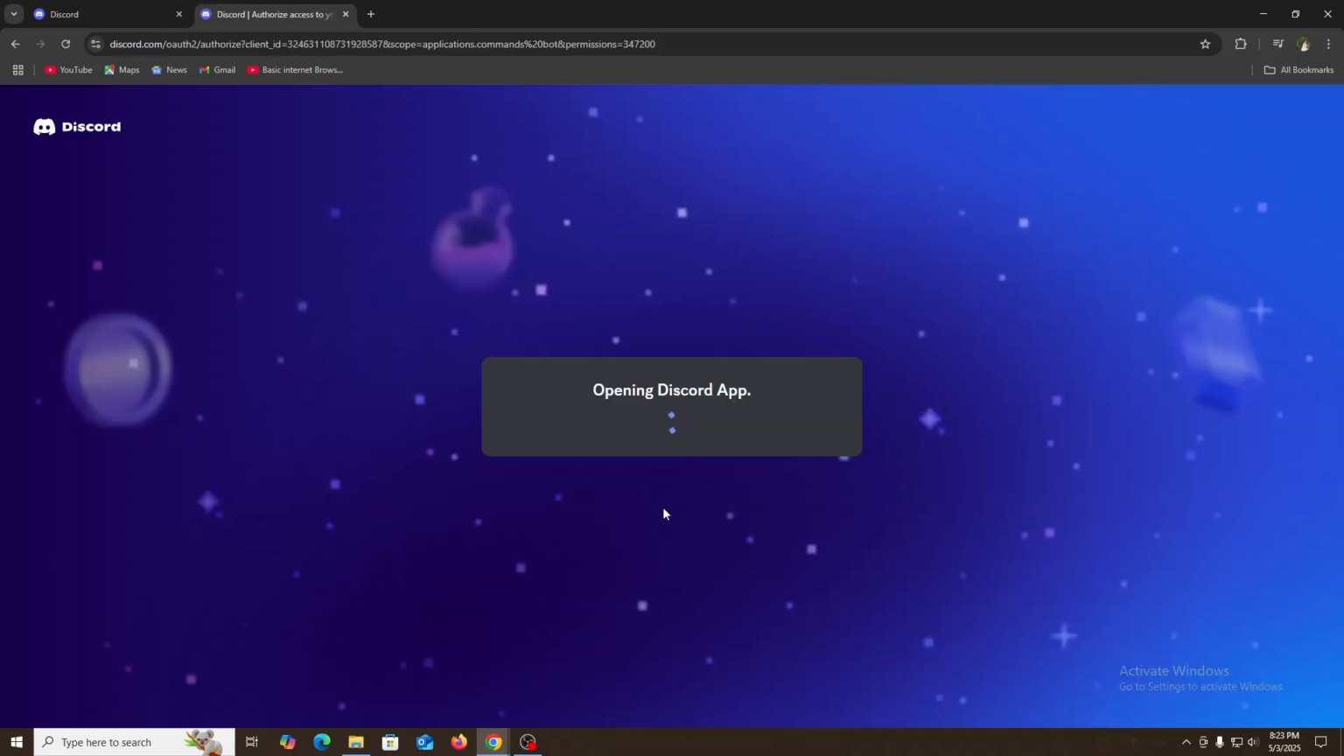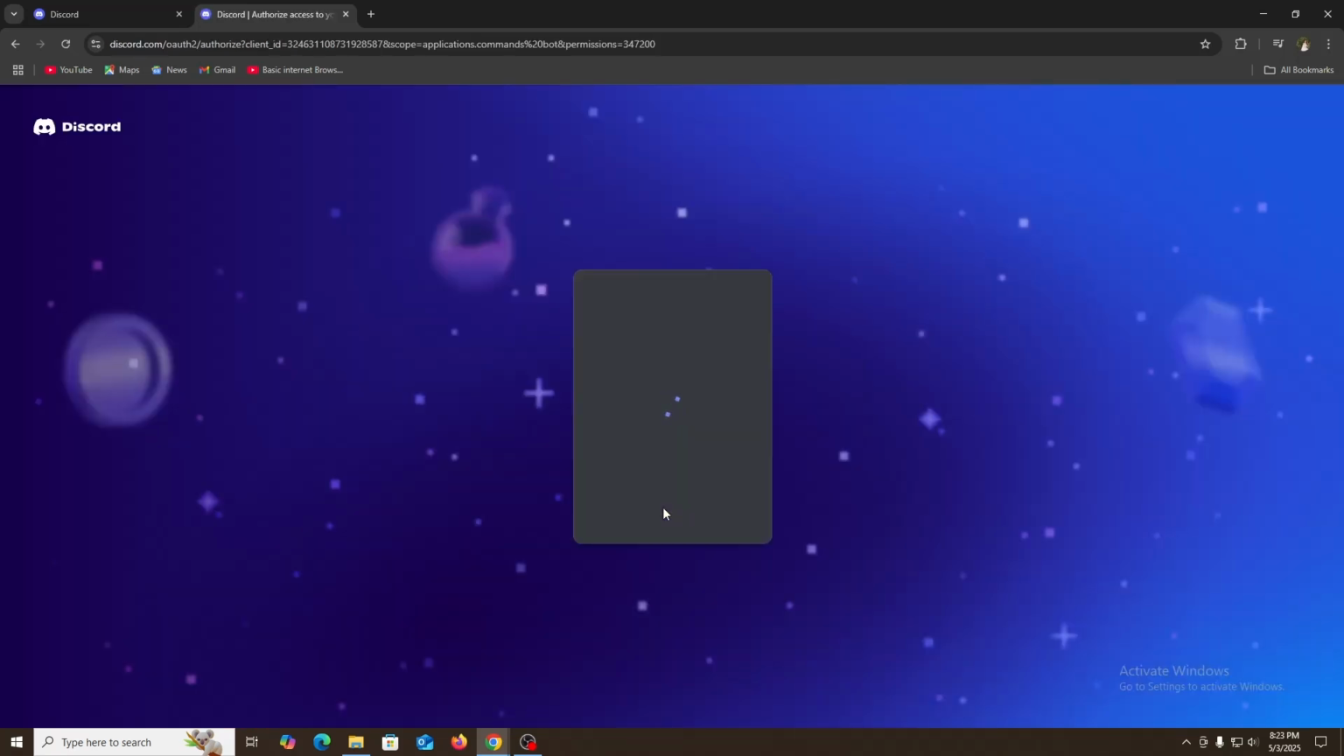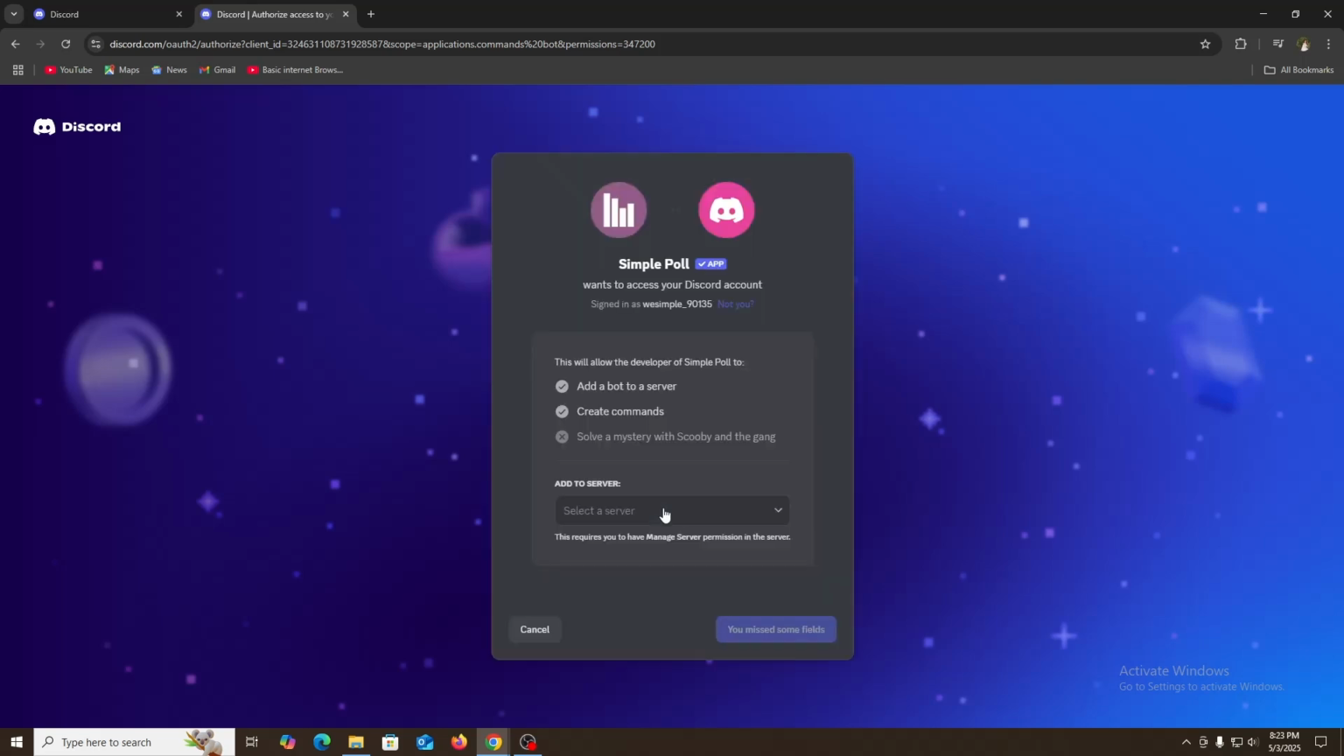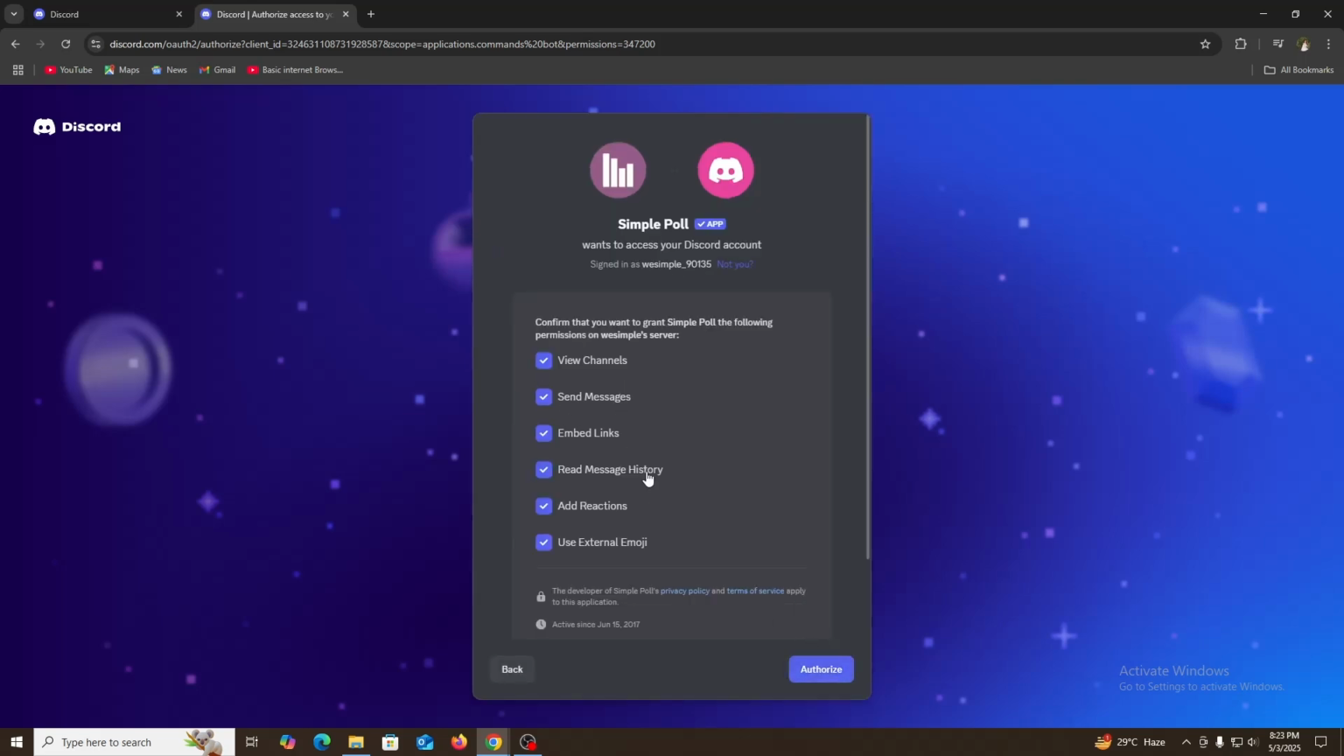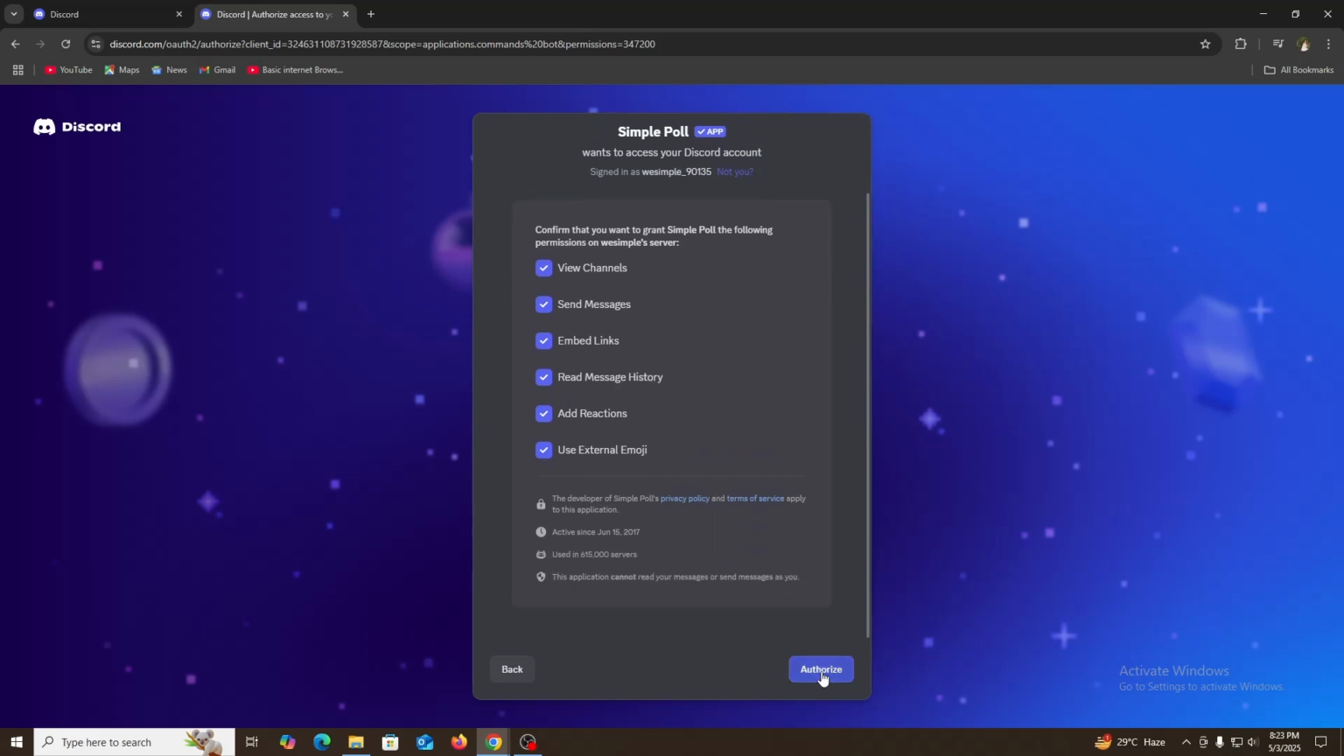Once you click here, it will take a moment and it will redirect you to the Discord server. Here you need to add a server, like I have a server that is WIMP server, so just associate this server with simple poll and click continue, and they will ask you some questions. You just need to tick all these questions and click on authorize,